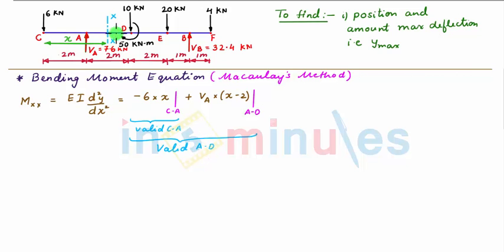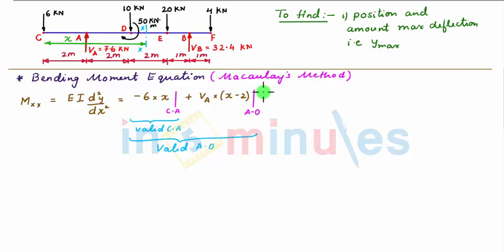Now let's move this section again towards right beyond point D such that your section XX is now between point D and E at a distance x from your origin point C. Now writing the bending moment equation about section XX, considering the left hand side of section, we will have these two terms caused due to these two forces, plus there will be additional two moments caused due to this downward vertical force of 10 kN acting at a distance of x minus 4 meter. Also there is a clockwise moment of 50 kN meter.